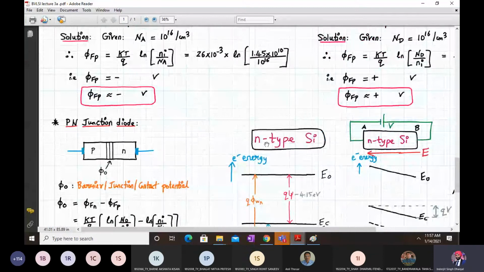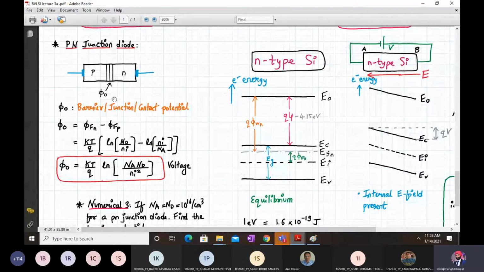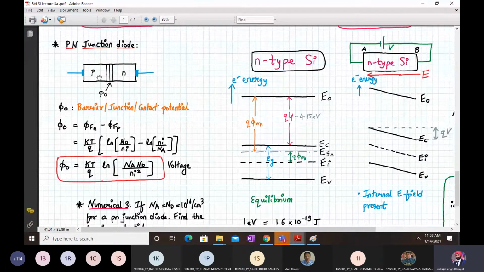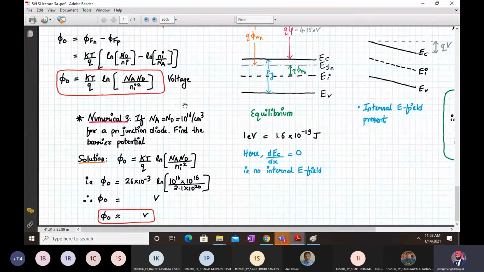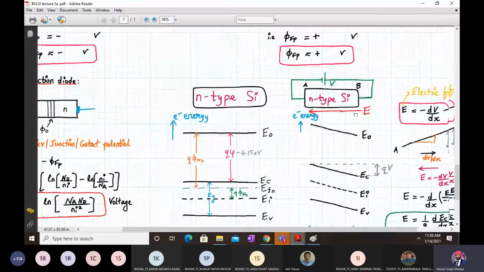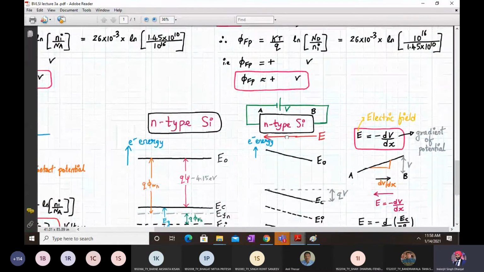So indeed, whenever we have a p-n junction formed, we have to overcome a barrier potential. We have to apply externally some voltage so that the diode conducts. Unless you apply external voltage so that the diode conducts, that is called the barrier potential. And that is directly proportional to the doping level at the p side and the n side material. I hope that this point is clear, and the answer which you are getting is 0.7 volts.